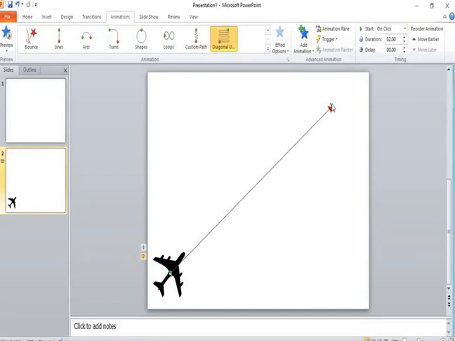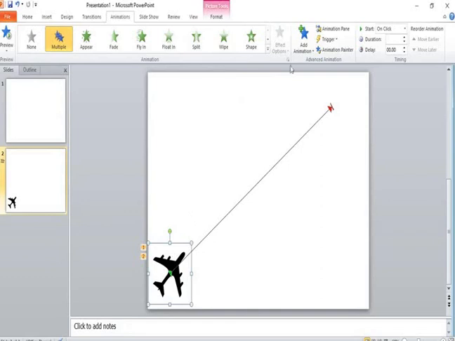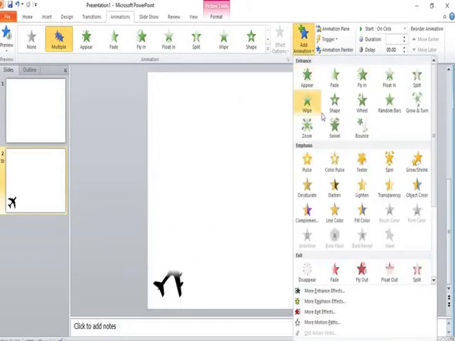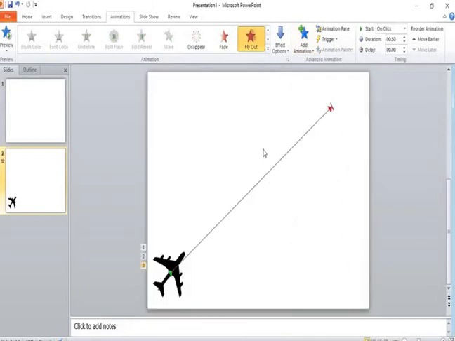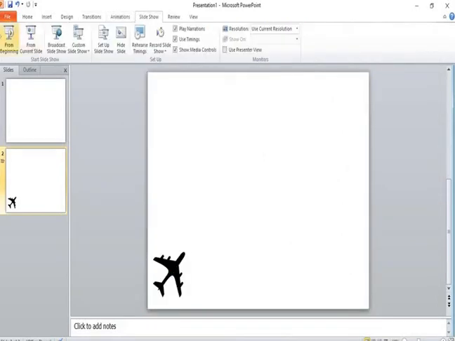The last job is to decide an exit for the airplane after it reaches the top right corner of the screen. Select the same object and click on Add Animation again. This time, from the list, choose Exit. From this list, choose Fly Out. If you view the slideshow right now, you will see that the airplane is coming into the screen from the lower left corner, then flying towards the top right corner of the screen and exiting from the bottom of the